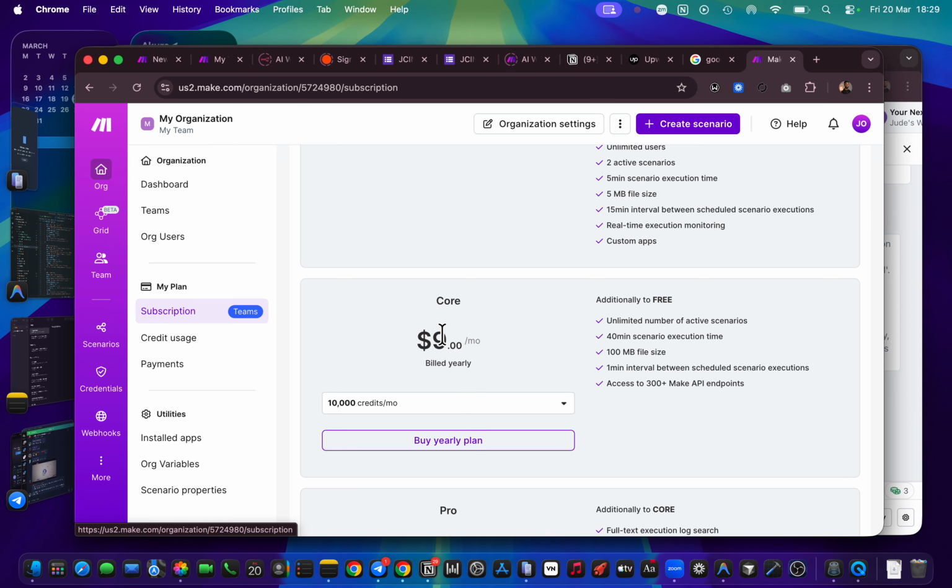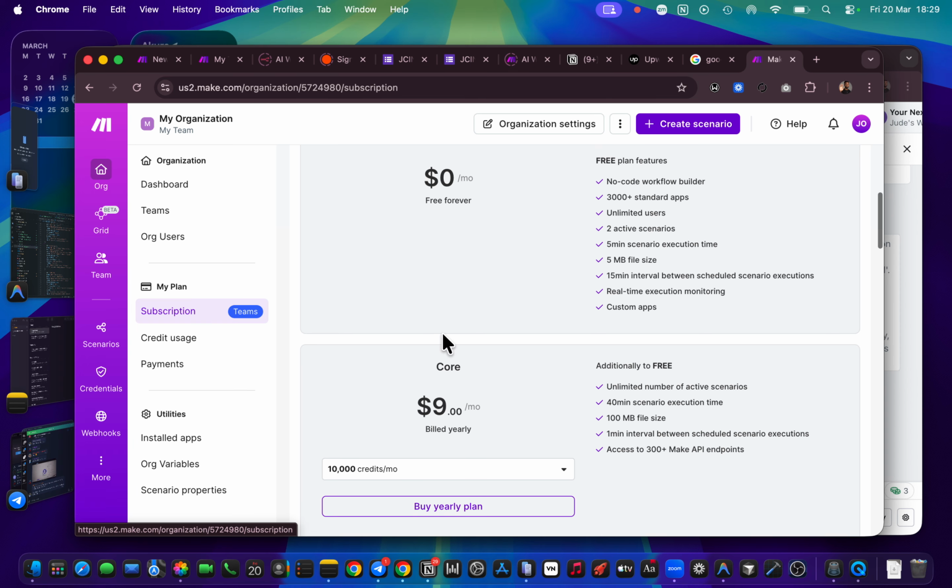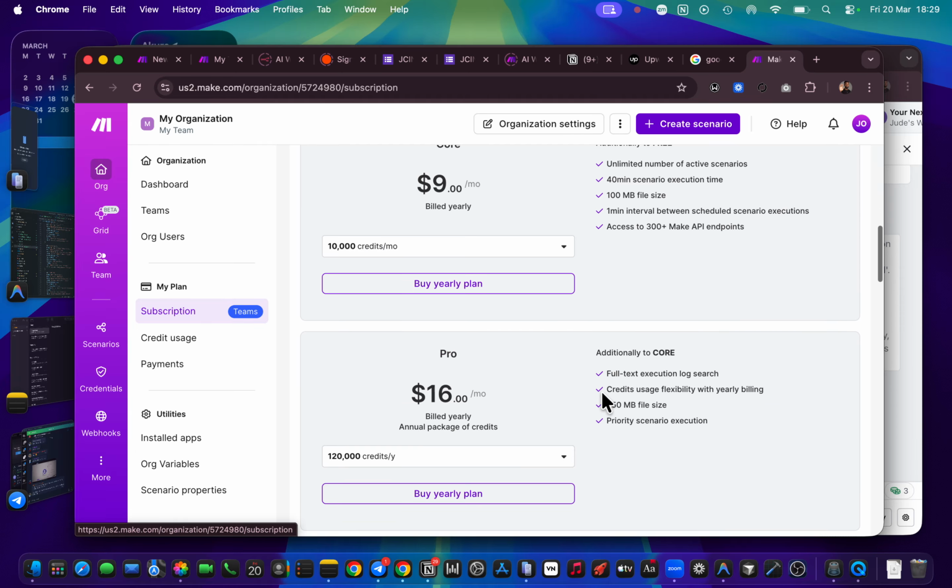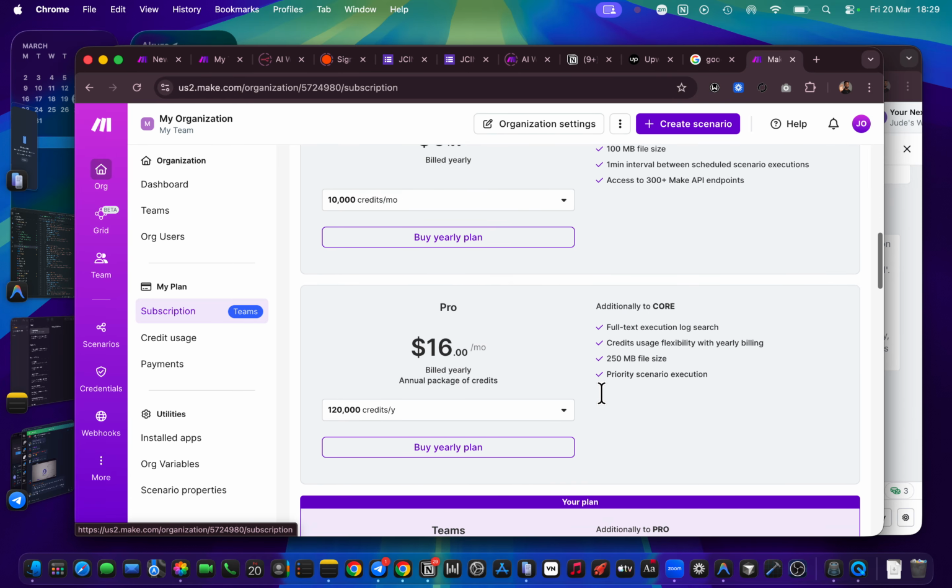That means you can run many workflows, but you need to be careful of your credits as well. There are many more things there, but I'll be honest, you don't need to be concerned about them for now, because what you need to work on is available in the basic plan.